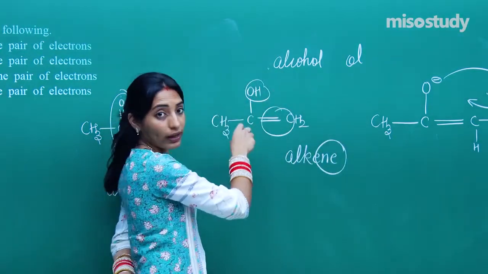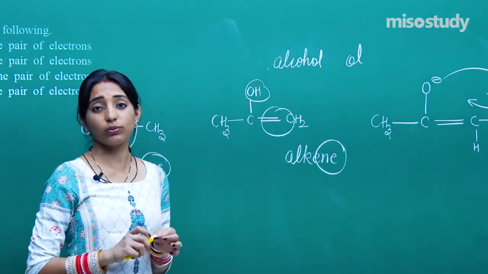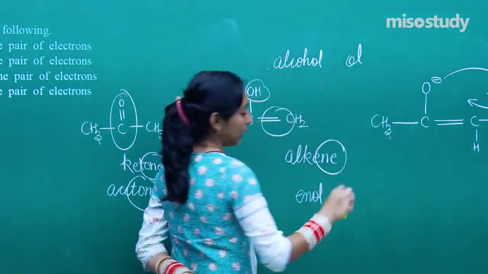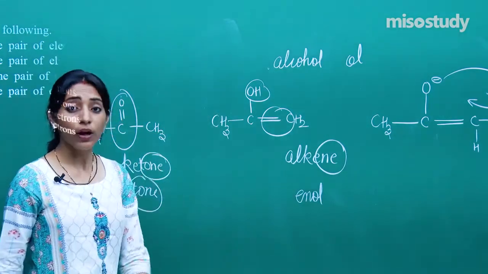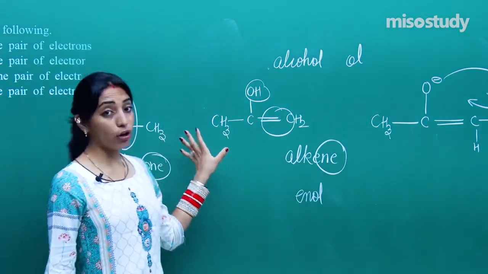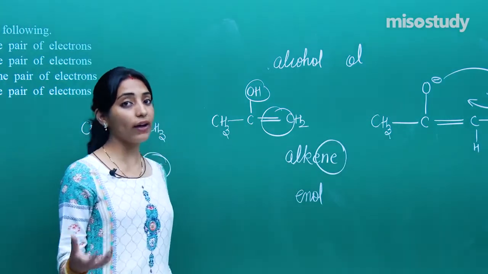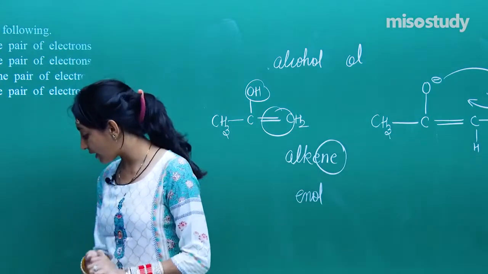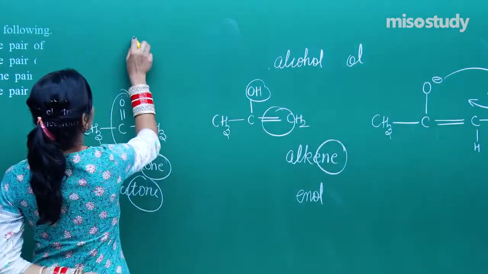So this form together, where on a single carbon atom there is a double bond as well as an OH, will be known as enol form. Okay. So this complete compound is the enolic form of acetone. Fine. Now these two compounds are not in resonance, because you remember, right, in resonance there is never ever the movement of atoms. But in these two compounds there is a movement of hydrogen atom. So this has been given a new name, and this is known as keto-enol tautomerism.